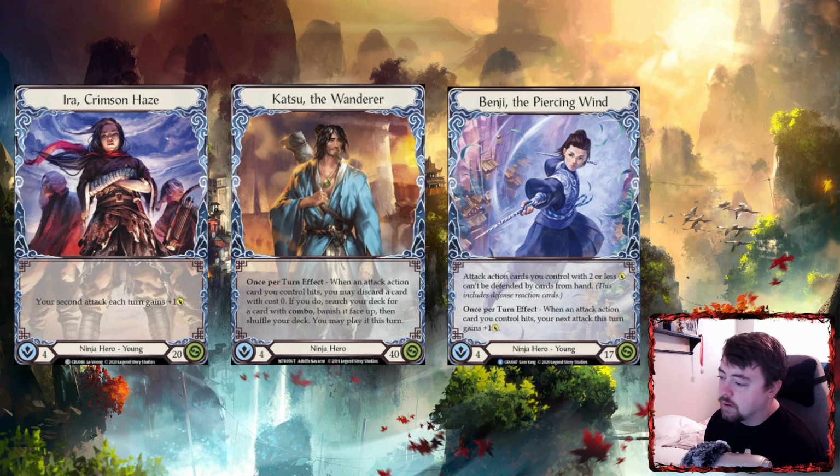It's kind of a play style where you're trying to keep your opponent off guard with what type of attacks you're going to have. The next video is going to go over what combo means. So if you want to watch that, definitely watch it. It'll give you an idea of what combo means within the ninja class